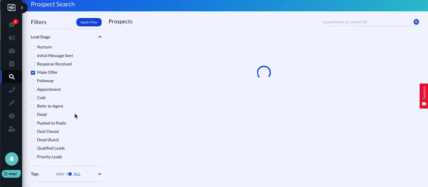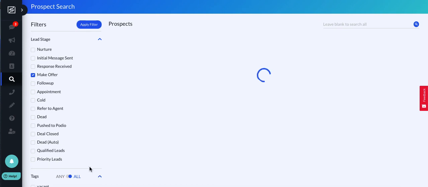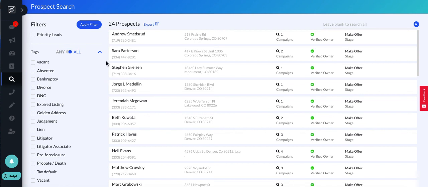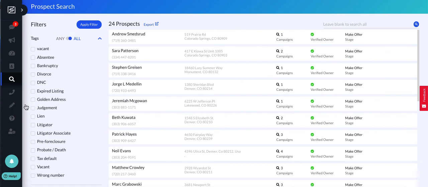While that's downloading, I'm also going to point out that you can search for specific tags. Okay, so this downloaded here, so again, this is where we export. These are all of our prospects who have make offer, and we can export that. We'll have all those same columns as before, but this is across the entire account. We can also download